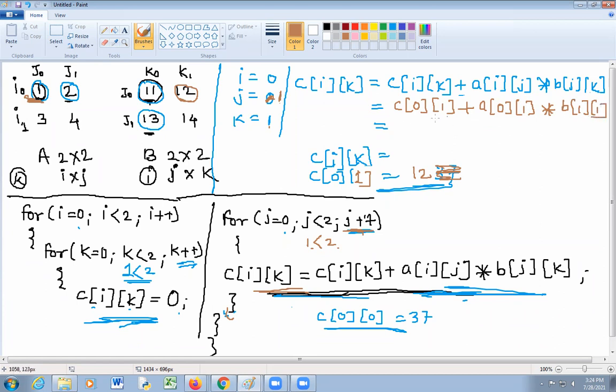So c of 0 1, we have found it is 12, plus a of 0 1, where i is 0 and j is 1, that is 2, into b of 1 1, j 1 and k 1, that is 14. So 12 plus 28, you will get the addition of these two numbers as 40.